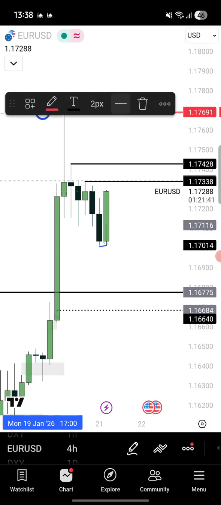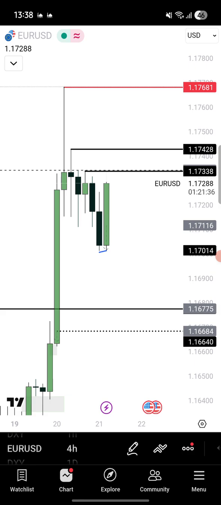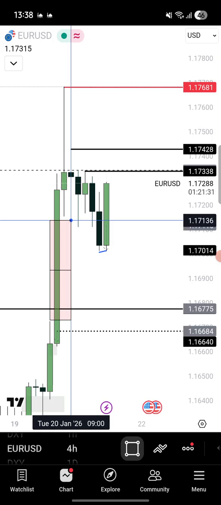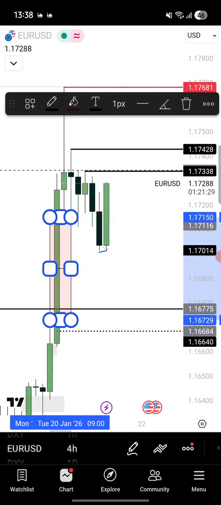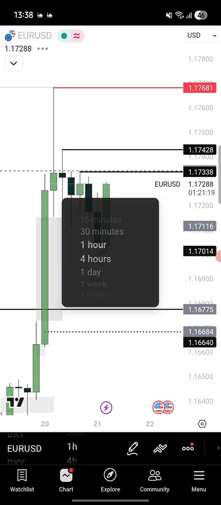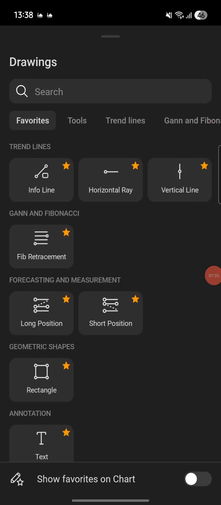This is the previous daily high here, the red one, okay? And this is the fair value gap we should react from, okay? So let's remove this and drop to 1 hour. So this here is Asia high, okay? So let's mark Asia